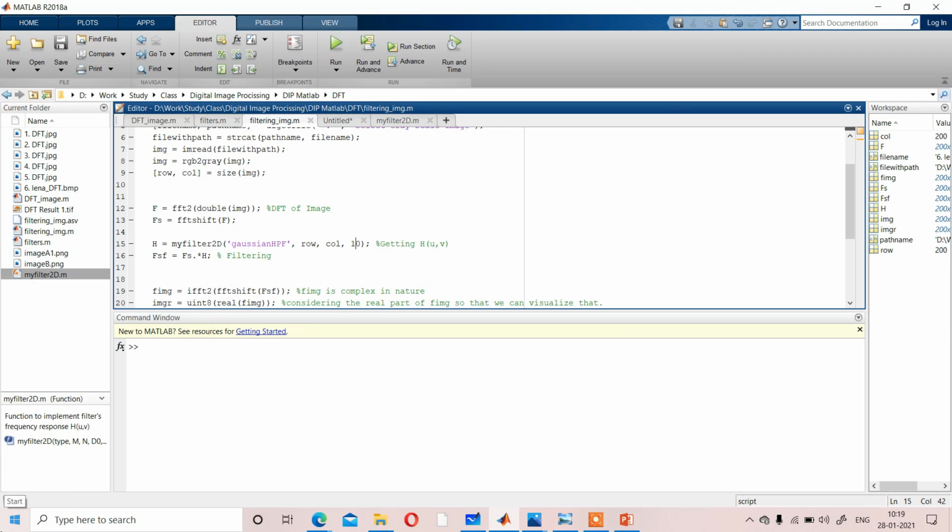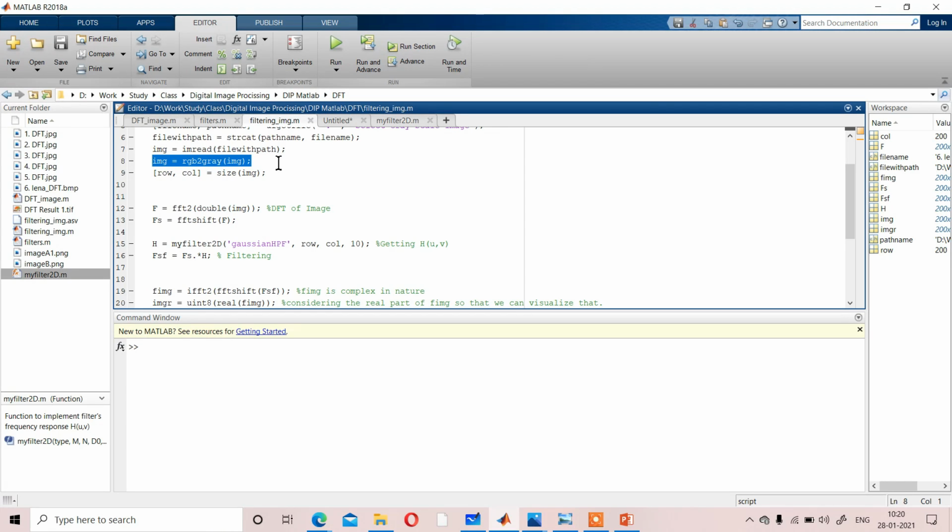See, whenever you design the filter, first you must consider the gray level, because when you consider the RGB level, the intensity variation is very high, right? So whenever you get an RGB image, first you convert that RGB image into gray level. You can see all the RGB images are converted to gray here.